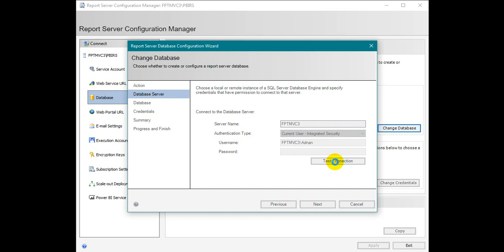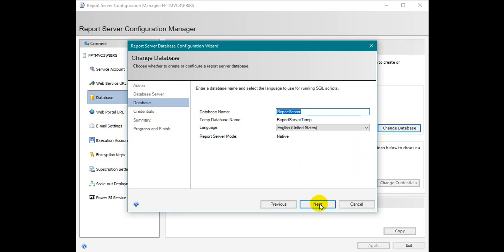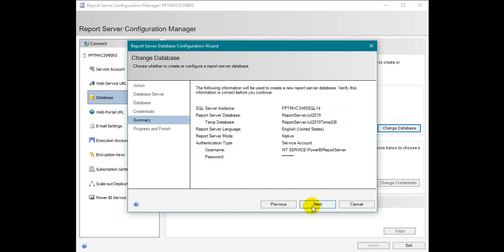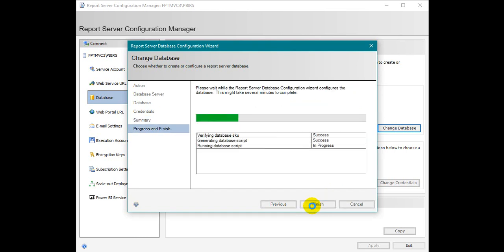Check whether the connection is successful or not. Click next, enter the database name, click next, again enter the credentials, click next. Check the summary details, click finish. It will create a new database and configure it to use in Power BI Report Server.